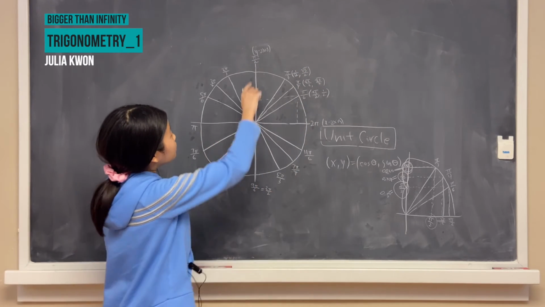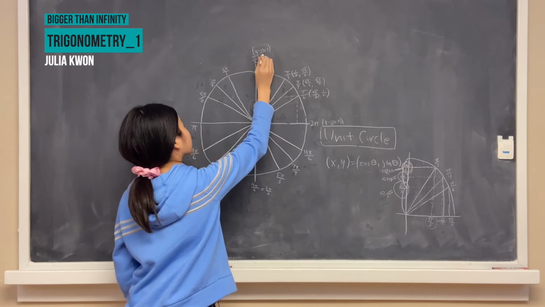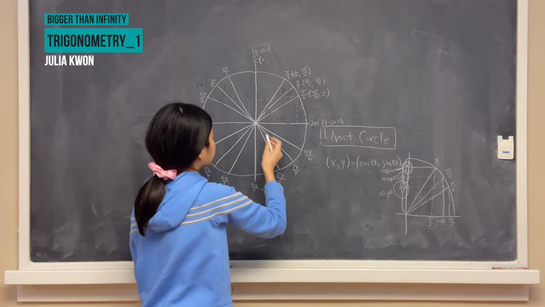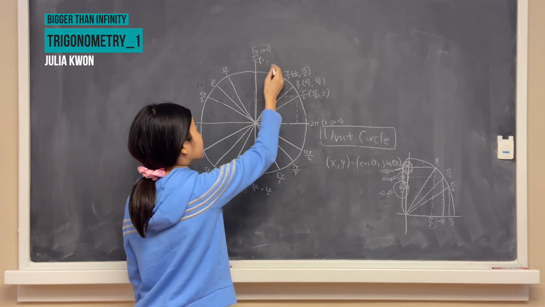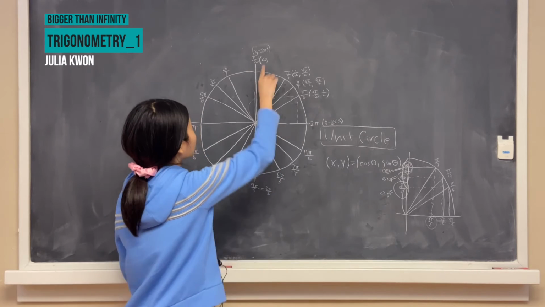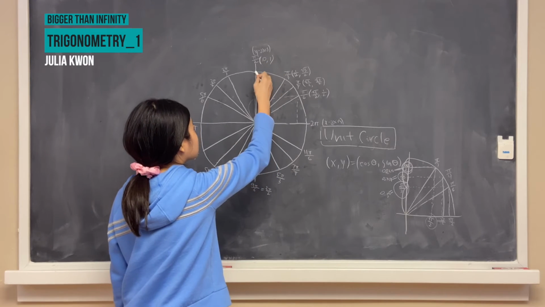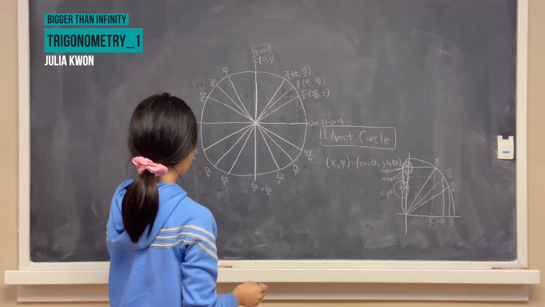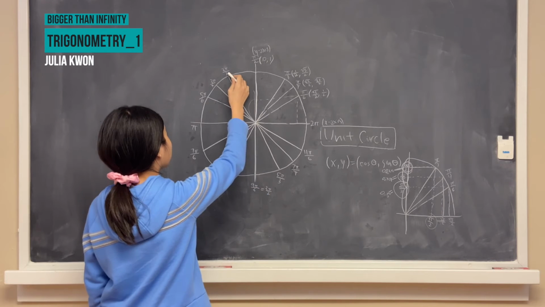And now for the radian pi over 2, we would have 0 for cosine, since there's obviously no value for the cosine here. But for sine theta, it would actually have the full radius, which is just 1, since it's the length of this line here, and the radius is 1. And to find the radians of the second quadrant,